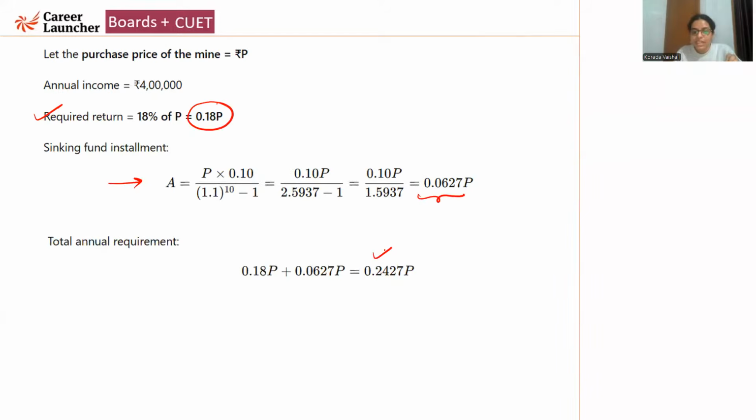Now finally, you will have to equate this to 4 lakh, right? अब इस calculation से आपको P की value मिल जाएगी. Now how much is it going to be? Let's calculate and see. P is approximately 16 lakhs 48,125 point something. अब ये जो आंसर है ना, ये अराउंड 16,47,000 से 16,48,000 के रेंज में रहेगा, बिकॉज डेसिमल